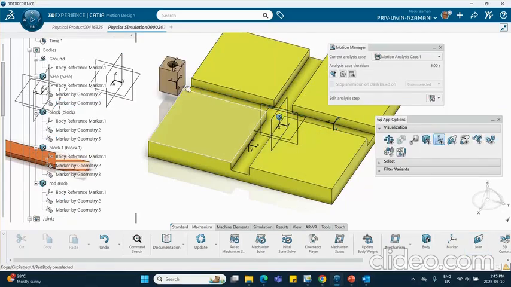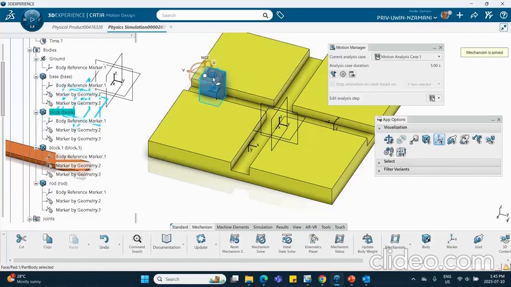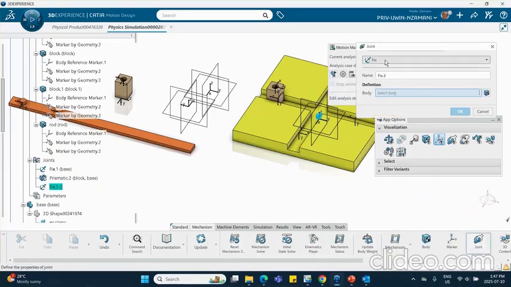Now notice that later on I can translate this thing so it looks nicer, it looks entrapped in the middle. So let's do that. Let me do that right now. See? Okay. Just to show you that it ended up in the right spot. Do exactly this. Let's do another prismatic joint. So joint, prismatic